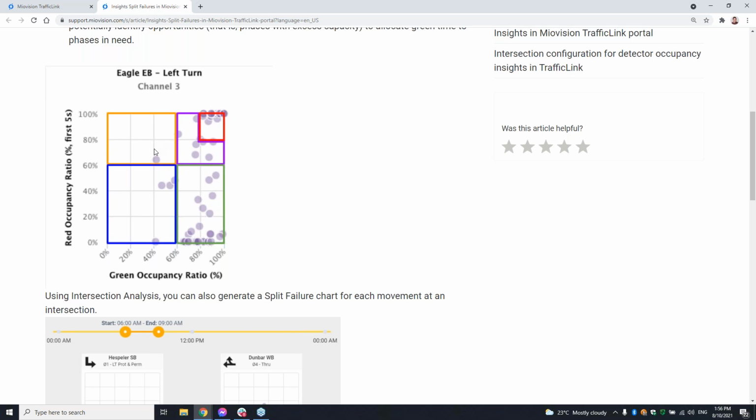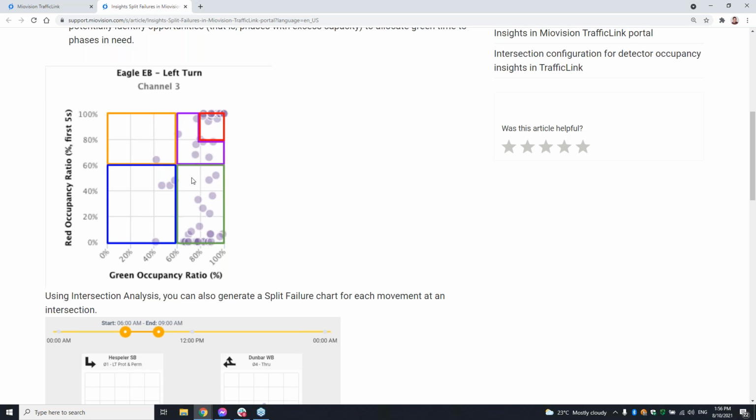Random arrivals, we don't focus on it a whole lot, but we know it happens in the data. This is when your green occupancy percentage is low, but people are arriving as soon as the light turns red. It's really hard to indicate where they came from, maybe a gas station, and they just popped into the network randomly from a house or whatever it may be. So we classify the ones in this box as random arrivals.